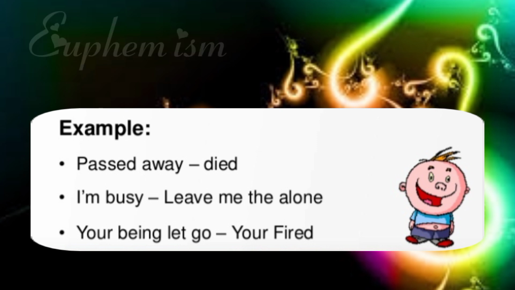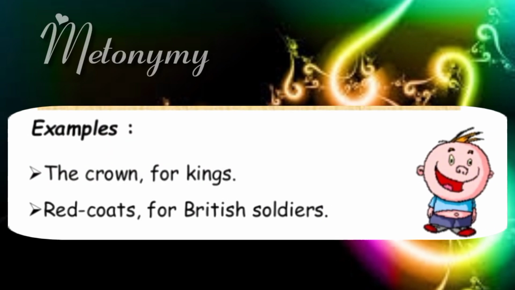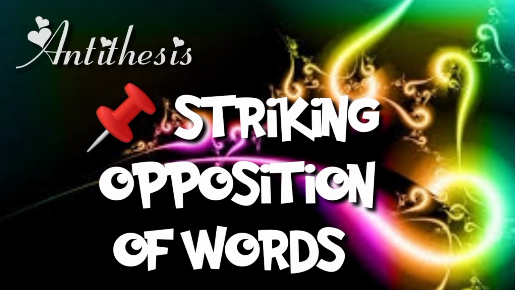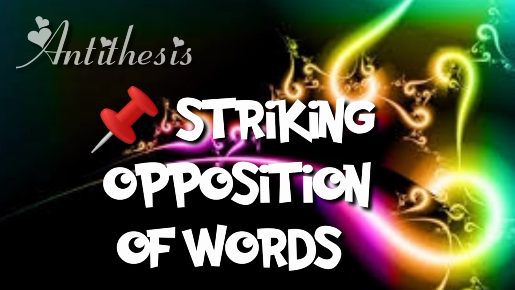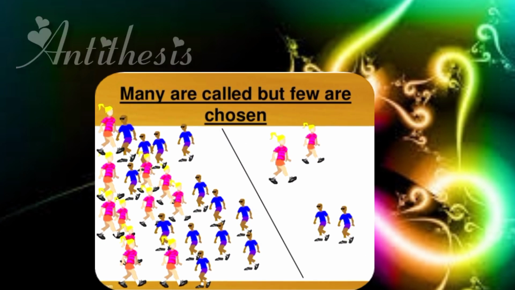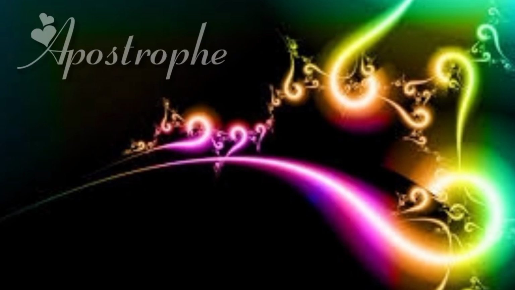Example. Next we have metonymy. In metonymy, an object is designated by the name of something which is generally associated with it. For example, next, antithesis. In antithesis, a striking opposition of words or sentiments is made in the same sentence. For example, we have